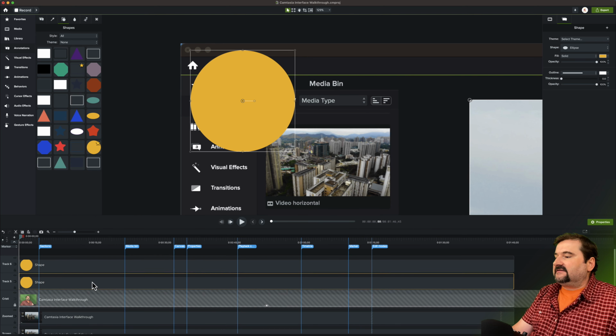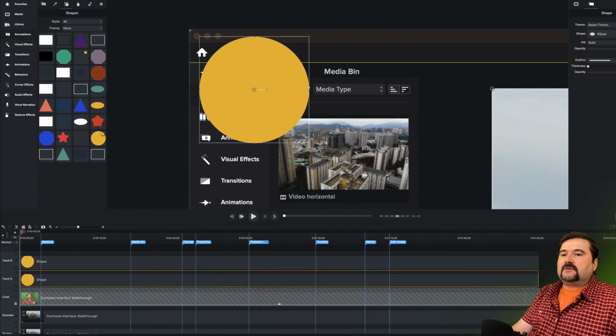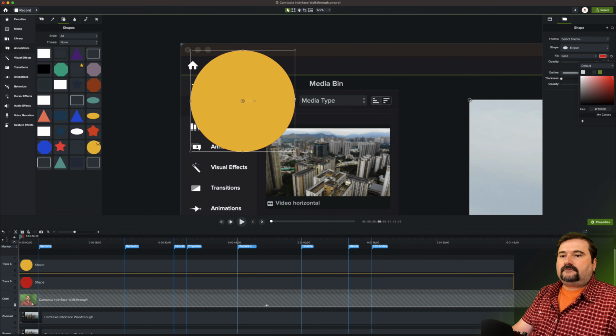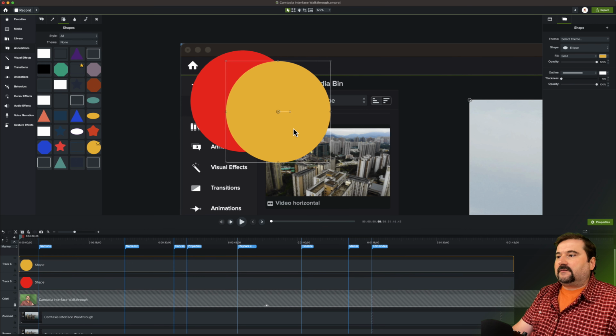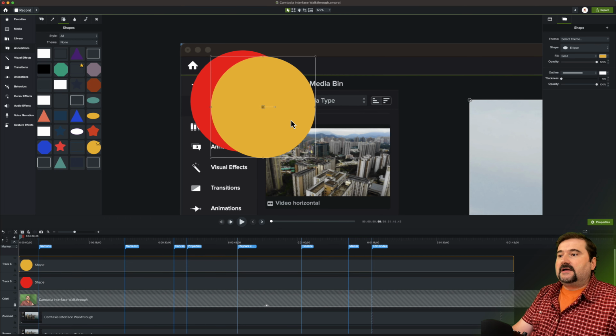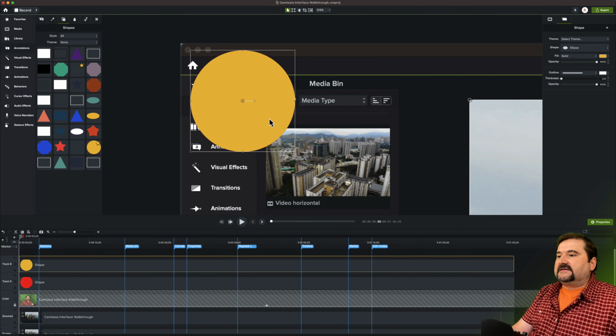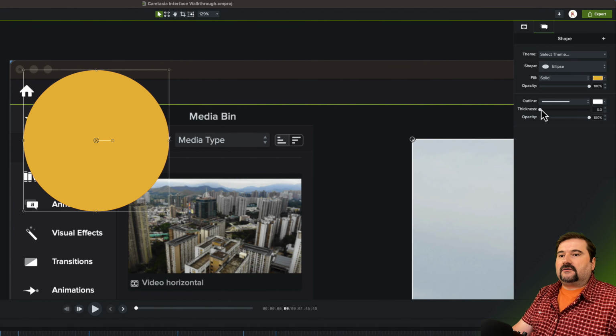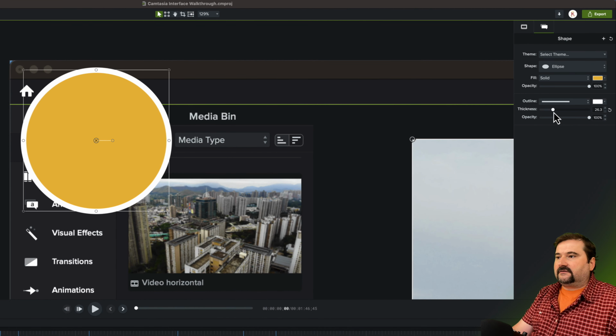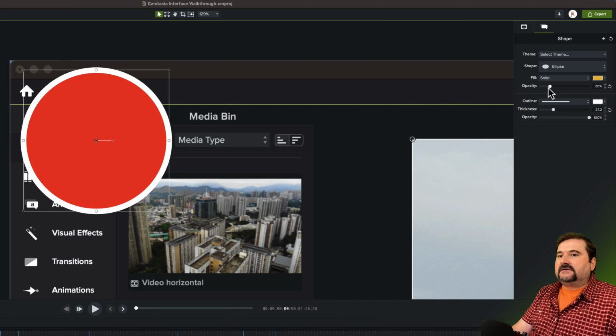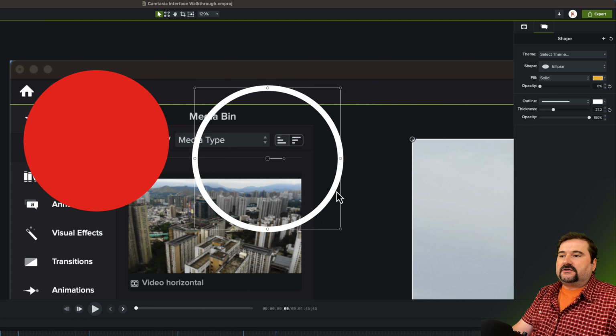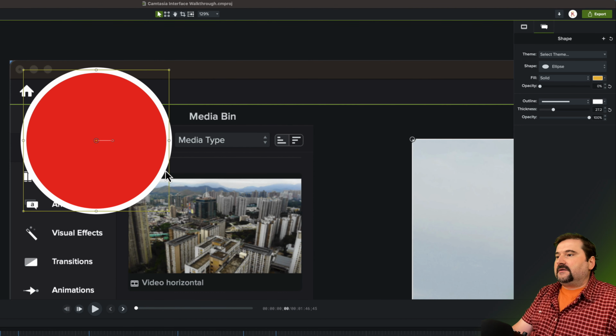Let's make the mask, the one at the bottom there, red, just so we can distinguish them. And you see, look, if I move this away, you have the mask, and then this one that's going to have the border. Let's put it back on there, and let's add a border to it. Let's put the thickness of the border. Let's make it white. And for this one on top, the yellow one, I'm going to make the opacity of the fill 0. So I'm going to see through. The only thing I see is the border. Look, I just have the border now. So let's put it back in there.